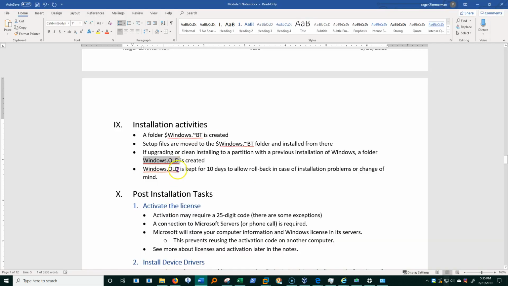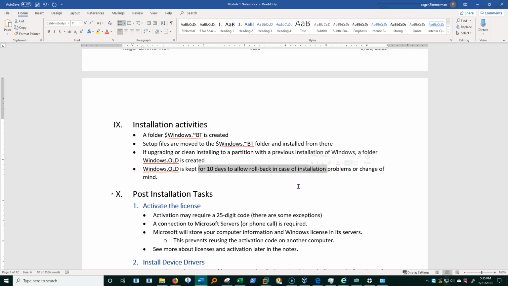It will also make a Windows.old and put the old version of Windows that was already in that partition in it. It will keep that around for 10 days. This is so that if there's a crash or something happens, or it can't continue for any reason, it can roll back nice and easily to that old Windows system without a hitch.